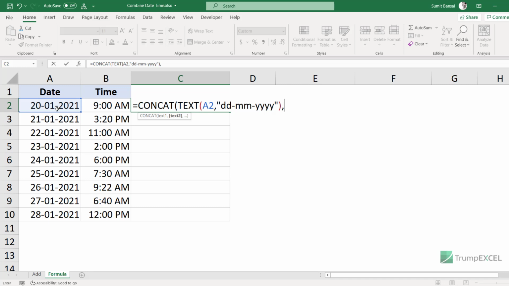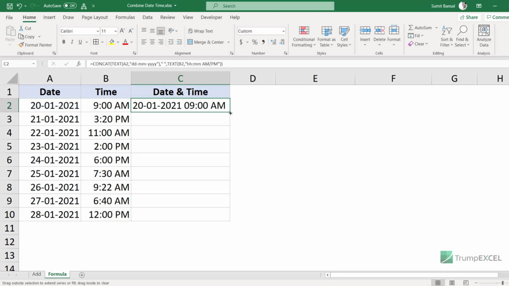Now I need a space character between the date and the time value. So I would have a space character here, and then I want the time value, which again I would combine using the TEXT formula. So I would have TEXT, then the value here, which is the time value, and the format for the time value, which would be HH:MM. But because I also want to maintain the AM/PM format, I'm also going to add AM/PM here. And now I have this formula, and what it is going to do is give me the date, then a space character, then the time, and date and time would be shown in the format that I have specified. So now when I hit enter, it gives me this result and I can copy it for all the cells.